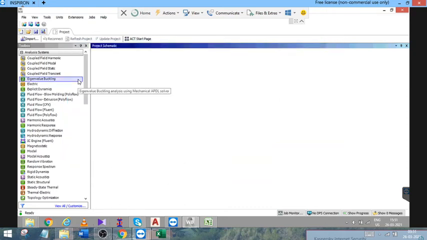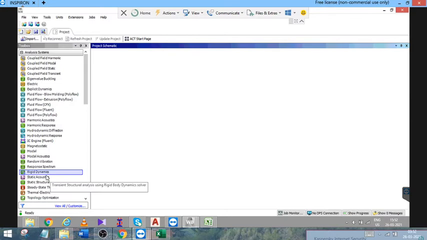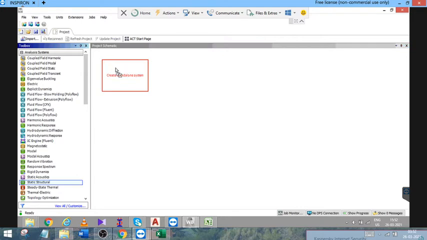Here, in order to model the CFST columns and to find out the buckling load values, you will have to first open ANSYS Workbench, and drag and drop the static structural tool into the project schematic screen.